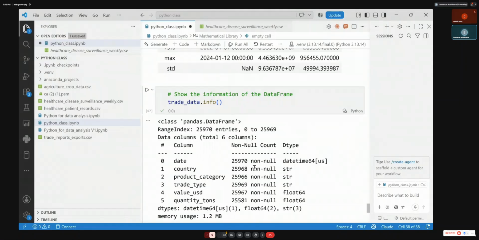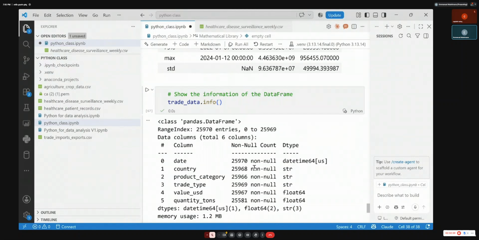Now we are able to know where we have missing values and where we don't. Remember the size of our data set. Our data set had how many rows? We had 2,970. But look here.